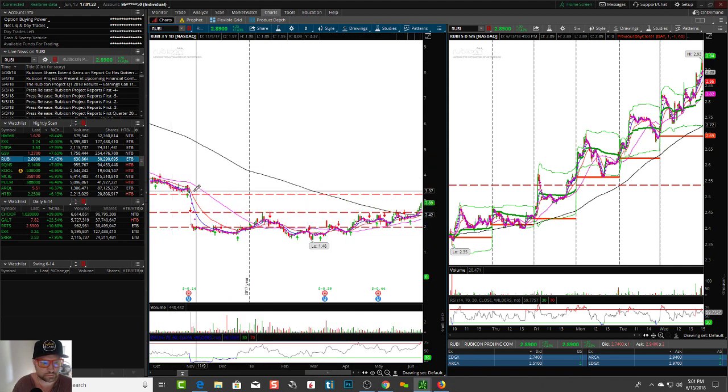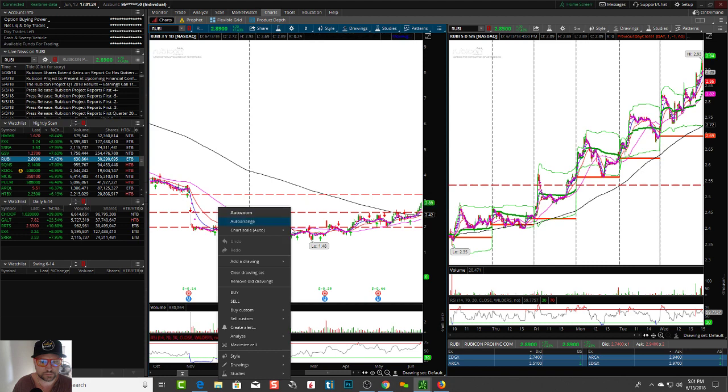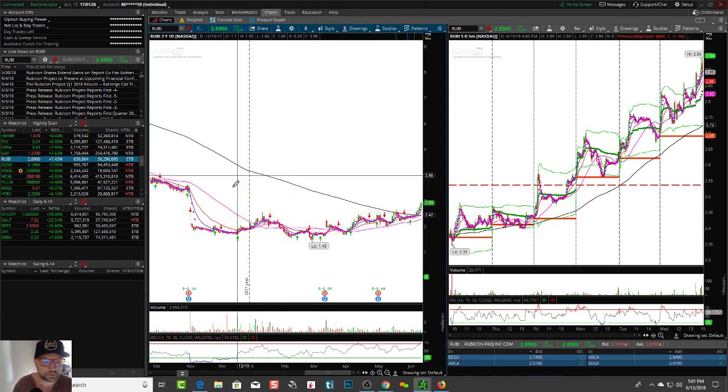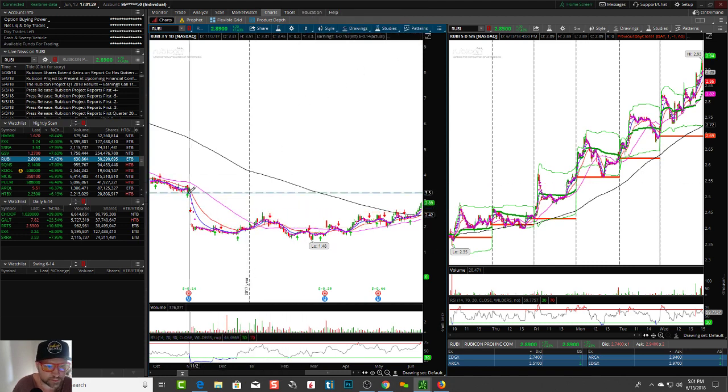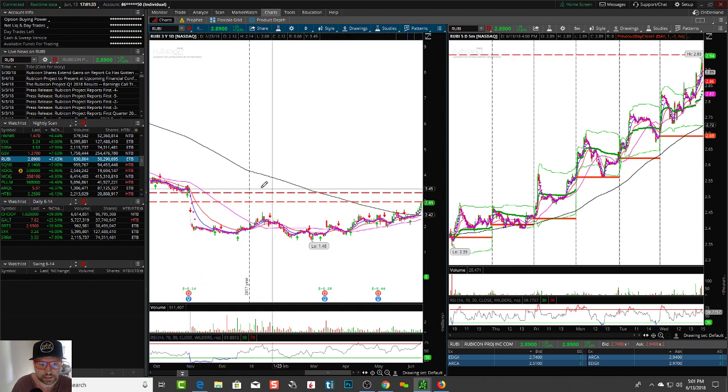All right, so where's this one? There's a gap right at the top of this gap, right around 330. So between 295 and 330, see if it can go and fill that gap.